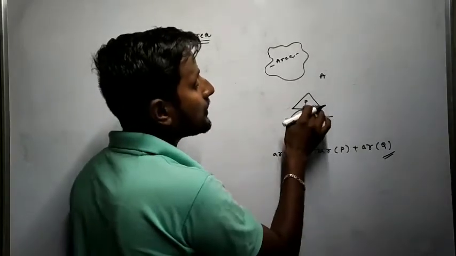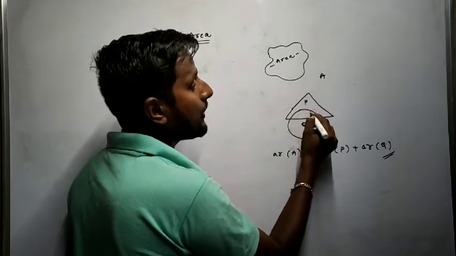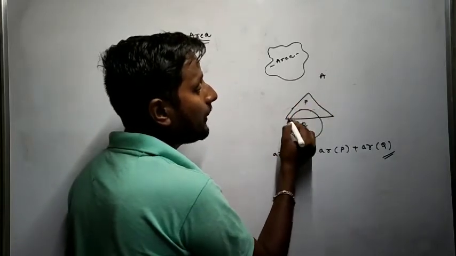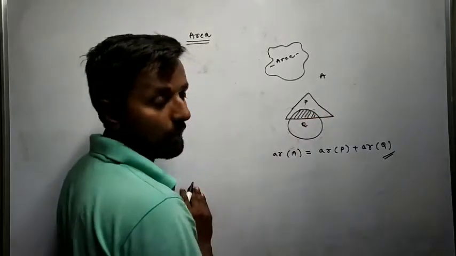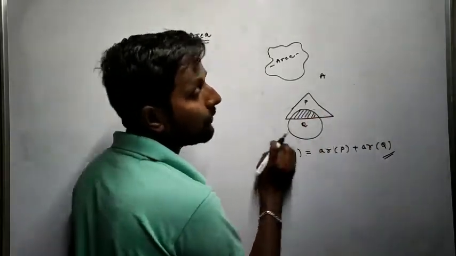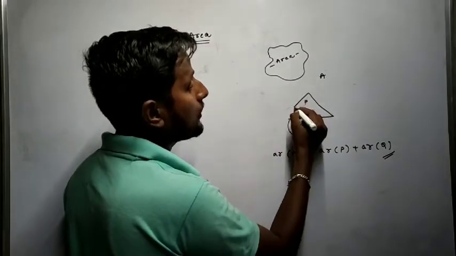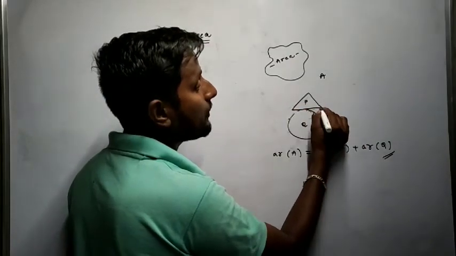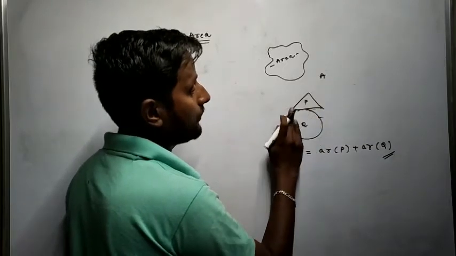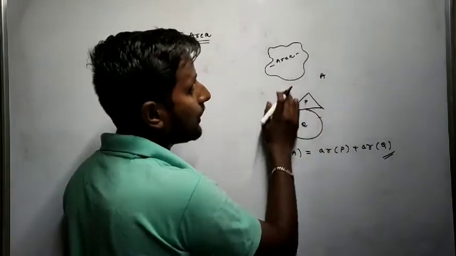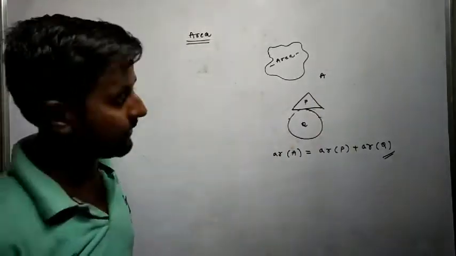If it enters the circle, what will happen when I calculate the area of the triangle? Some of the part is covered by the circle also. In these cases the formula will not work. But when the figures are non-overlapping, they do not disturb any other figure. So we can calculate individually. So the area of A, the total diagram, equals the sum of the individual areas.